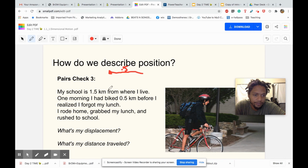I had already biked 0.5 kilometers before I realized I forgot my lunch. So he biked that 0.5 kilometers. Then he realized he left his lunch. So he went back, all the way back to his house. So he went 0.5 and he came back 0.5. So after he grabbed his lunch, he rushed all the way to school. So I'm just going to draw that, all the way to school,